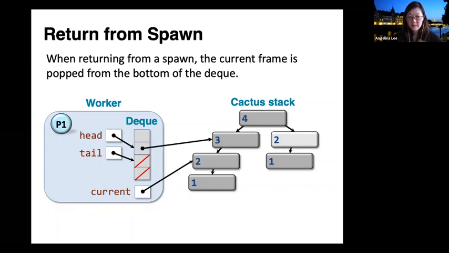And then now the current execution is pointing back to fib of 2. And this assumes that the execution context of fib of 2 hasn't been stolen yet, right? That's how the pop can be successful. If it has been stolen, then it will no longer be in the deck and the pop wouldn't be successful.